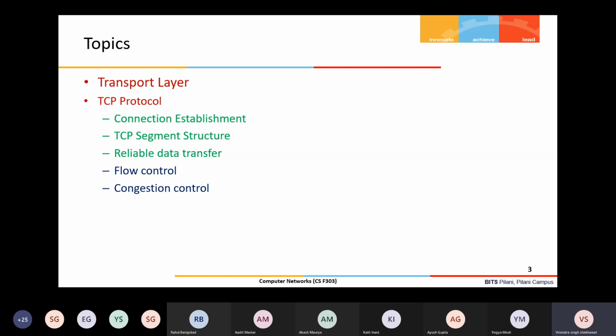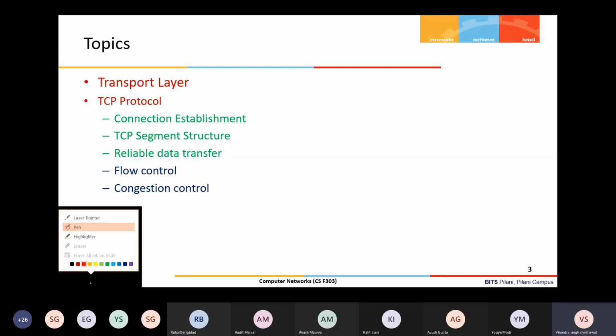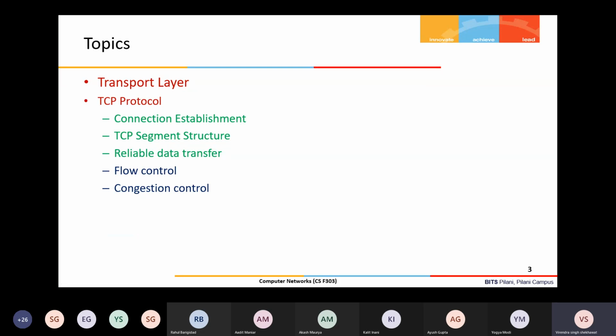So now one real world protocol which is used in the internet is the Transmission Control Protocol. This protocol we will start today, how TCP provides the reliability.